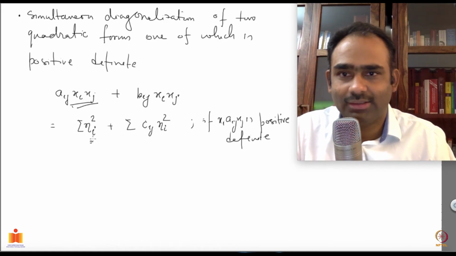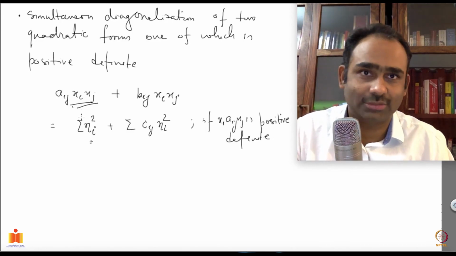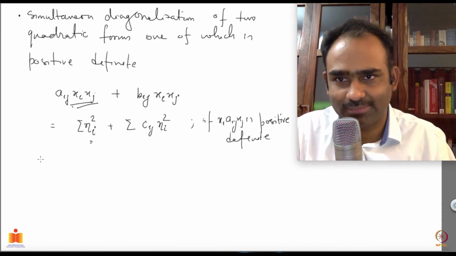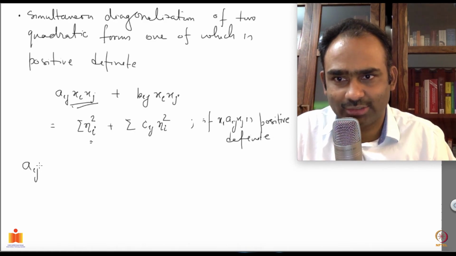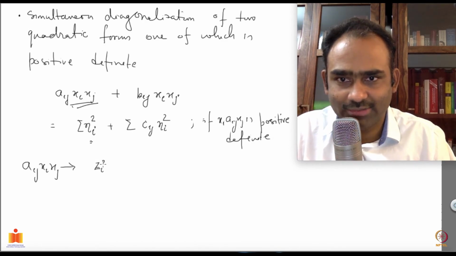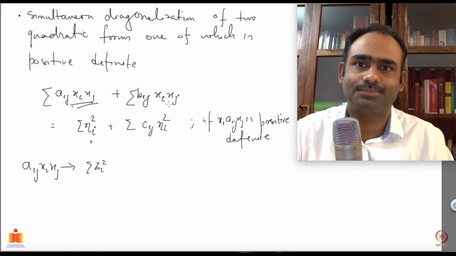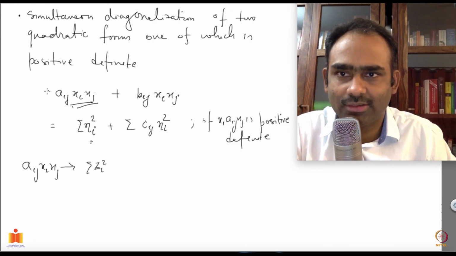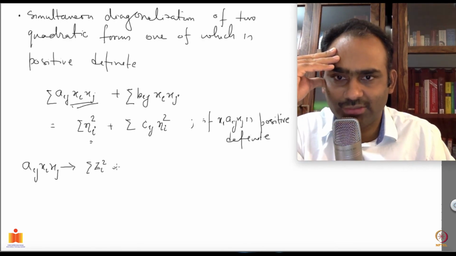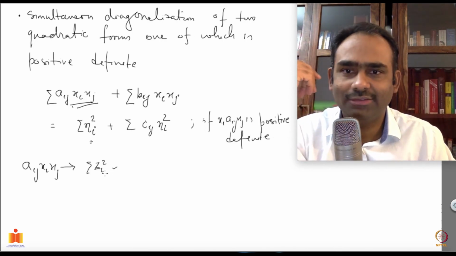Let's say I can put this as a sum of zi squares. Let's not use eta. So I am saying that I can do a set of transformations, not orthogonal of course, and it will put this into the following form, sum of zi squared. Now that I am putting sigma, I should put it here also. Okay, this is what I have already shown in the last few minutes.